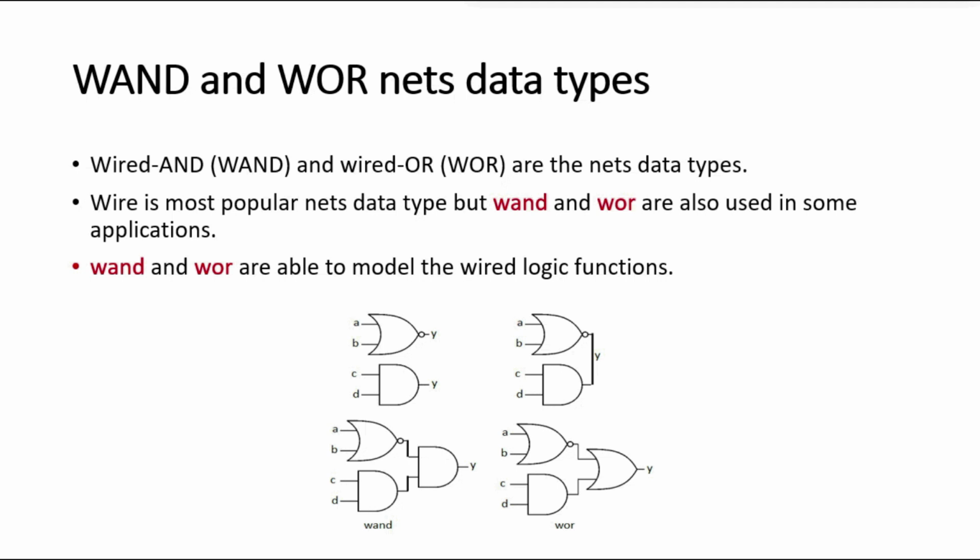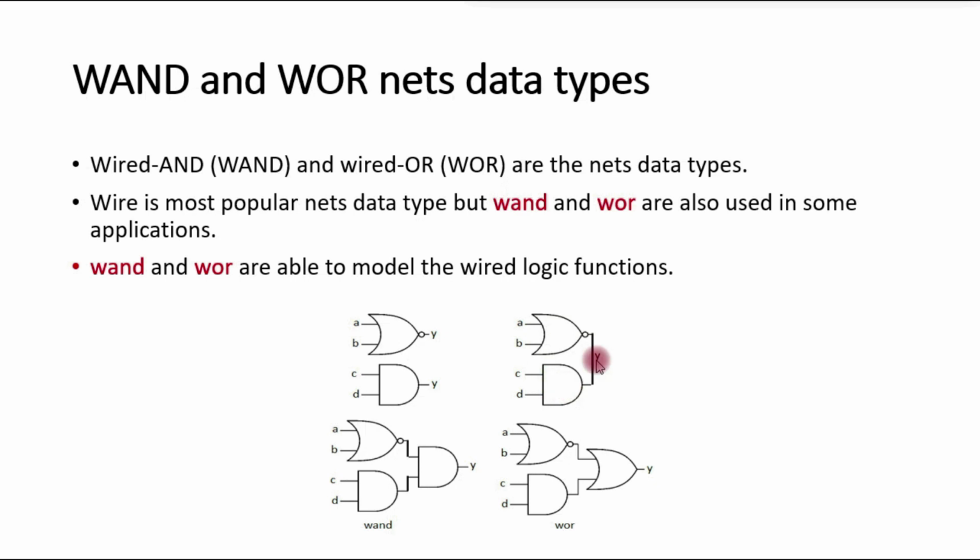The problem is given in the logic circuit. Suppose 2 gates are there in a module having the same outputs. Here one gate is a 2 input NOR gate, the second one is a 2 input AND gate, and the outputs are the same, that is Y. Inputs are different. In case of this NOR gate, output Y should be equal to the NOR function of A and B. In this case, Y should be equal to the AND function of C and D. In this case, the simulator will not give any error. It simply joins the output of both gates like this. This may produce wrong output.